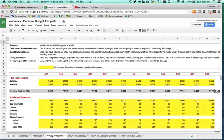Okay, the next thing was annual projections. And this is not a hugely mandatory tab for a monthly budget, but I like to keep track of, okay, where are we in terms of this entire year? And so this is a very simple set of annual projections. We had our take-home income. So this is post-tax,